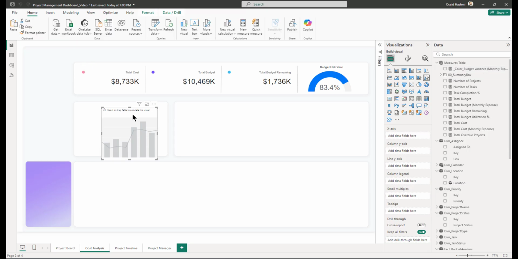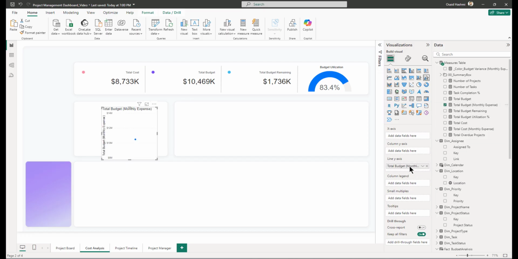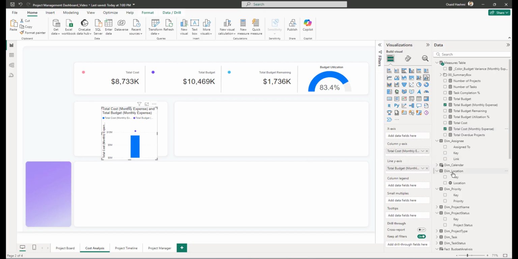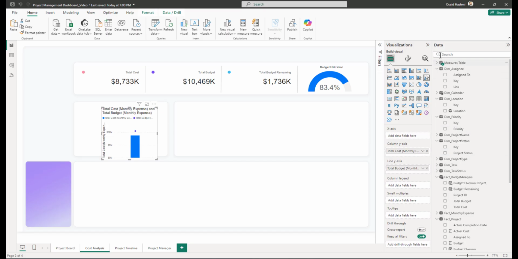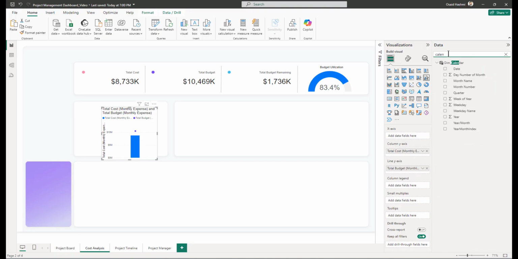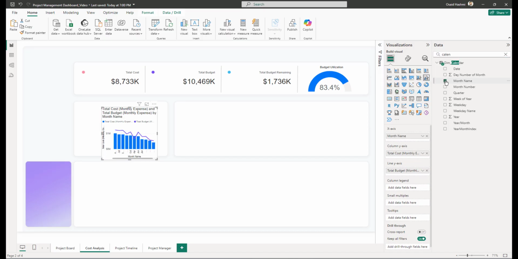That is it. What we will do here is bring in the total budget monthly expense as the line axis and the total cost monthly expense as the column axis. And then we have to bring in the month column from the calendar table. So we bring in year, month, or we can say month name as the x-axis. Then we can also bring in the year at the top,